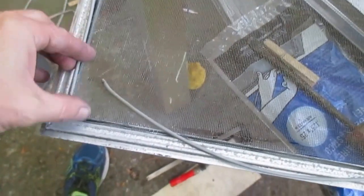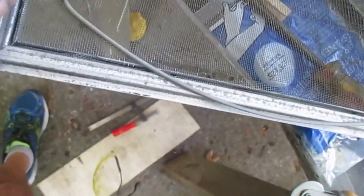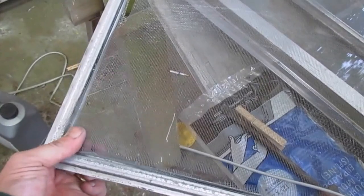To remove the old screen, dig in with a screwdriver or something to get this spline started here, and it just peels out all the way around. As you can see, I've already peeled it out. So it just peels out, and then your screen is free. You just pull that guy out of there. You can see that